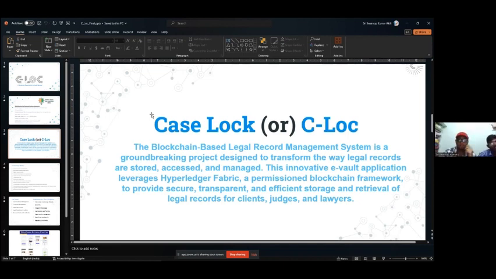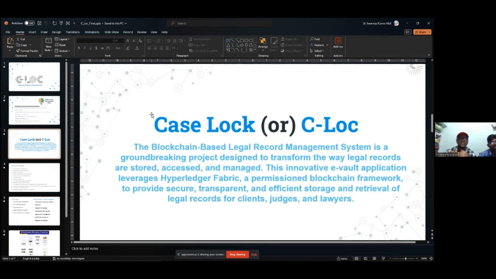The blockchain-based legal record management system is completely based on Hyperledger Fabric. It's the blockchain system we have selected because Hyperledger Fabric is a private blockchain. It's not a public one, first of all. Whatever information we have stored in Hyperledger Fabric will be stored in a channel-based system. So the people who are peers in the channel only have access to the files in the system.